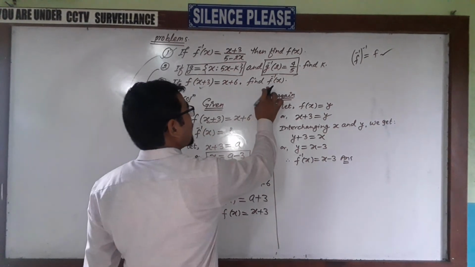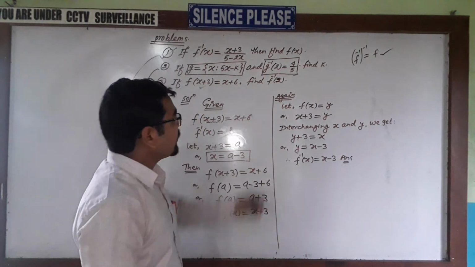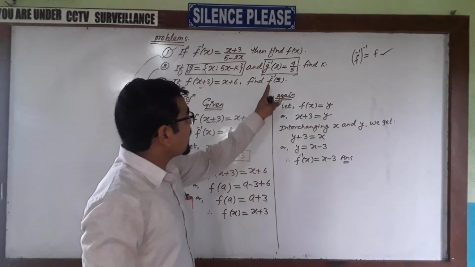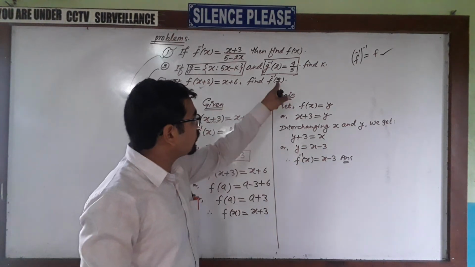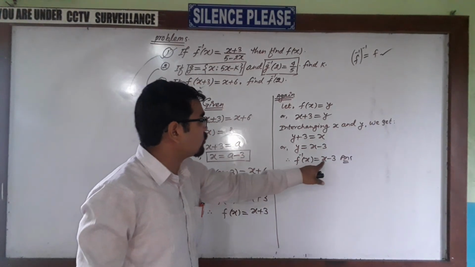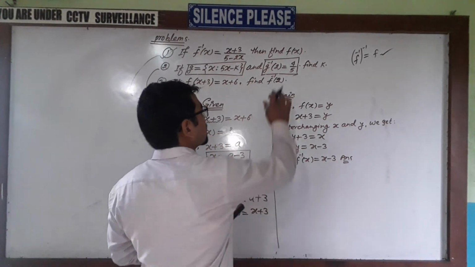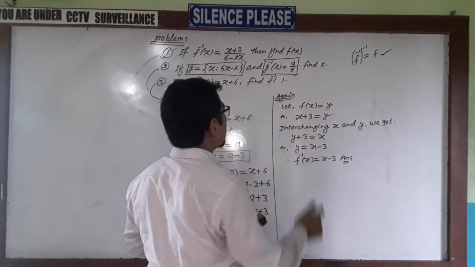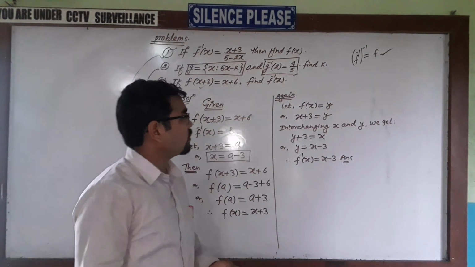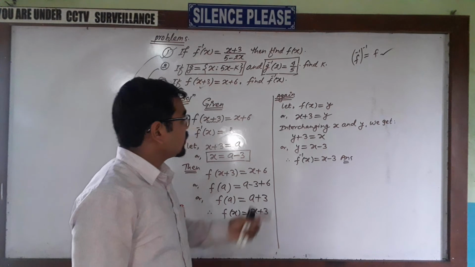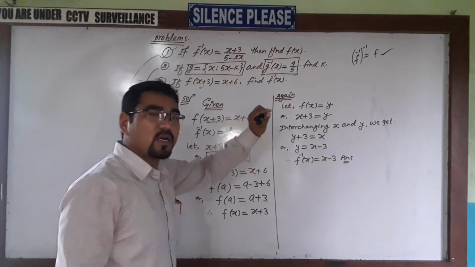In this way you can solve this type of problem. Sometimes f inverse 2 is asked. So very simple. If f inverse 2 is asked, then after finding f inverse x, in place of x we can put 2, then f inverse 2 is equal to 2 minus 3, which is minus 1. Don't be confused. This type of question is asked many times in examinations, so be careful. This is how we can solve this kind of question.